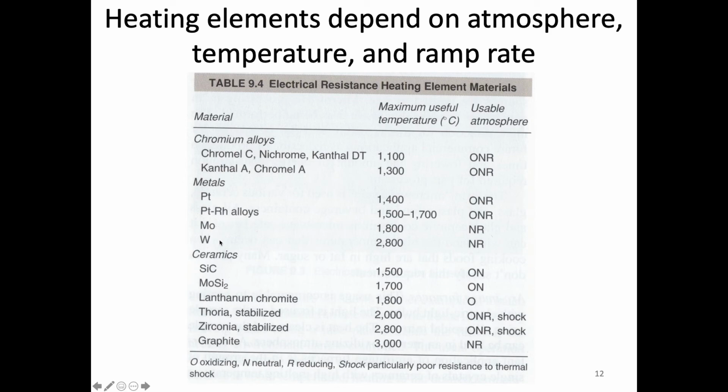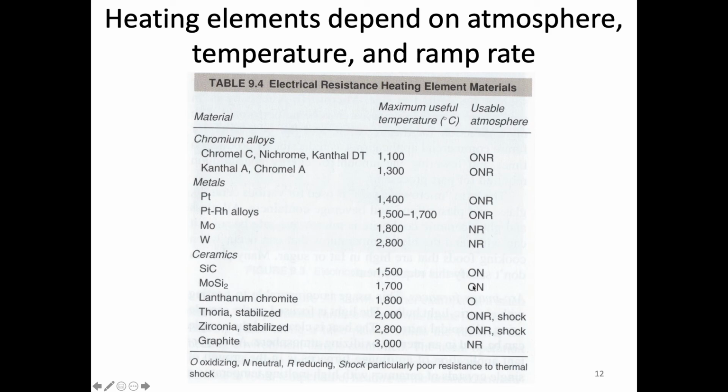So molybdenum and tungsten are not great heating elements for most applications unless you can use them in neutral or reducing atmospheres where the risk of oxidation is less. So the best types of furnaces would be the highest possible max temperature and the most versatile atmospheres, so O, N, and R. Then we go into the ceramic elements, which is going to up the temperature that we can use. Silicon carbide and molybdenum sulfide are pretty common ones,